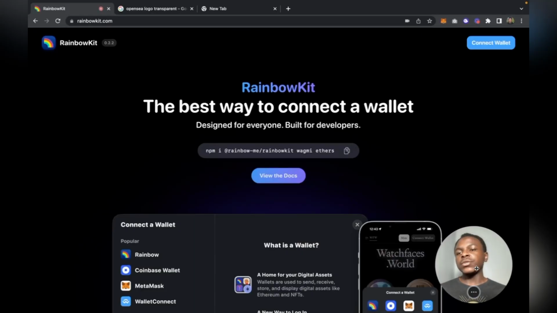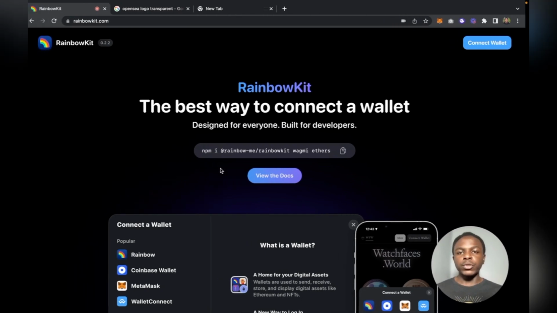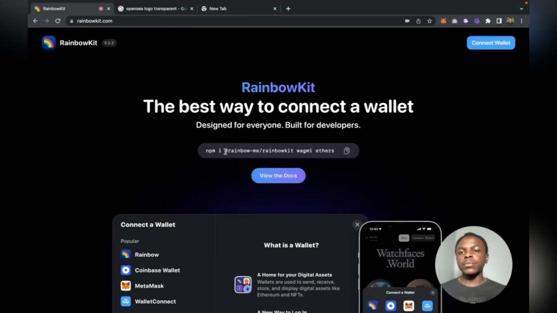As I said, today we are going to go through the Rainbow Kit. All you need to do is create a new project. As you can see, I already have a project right there called Rainbow Kit. Here you'll come to rainbowkit.com and copy this. So we are going to install